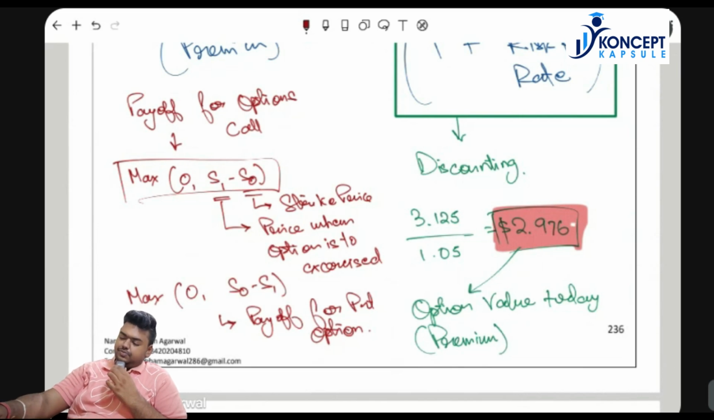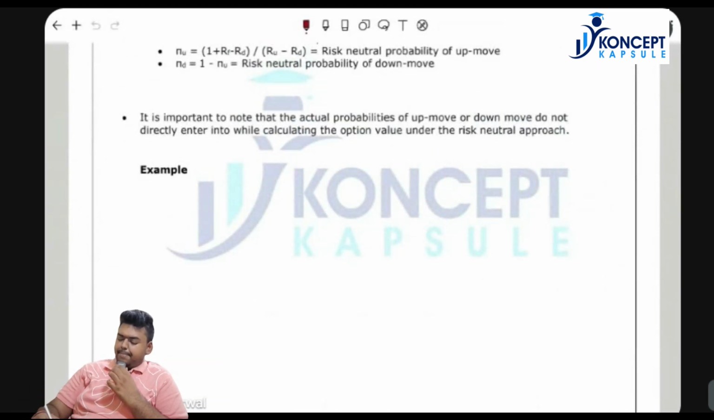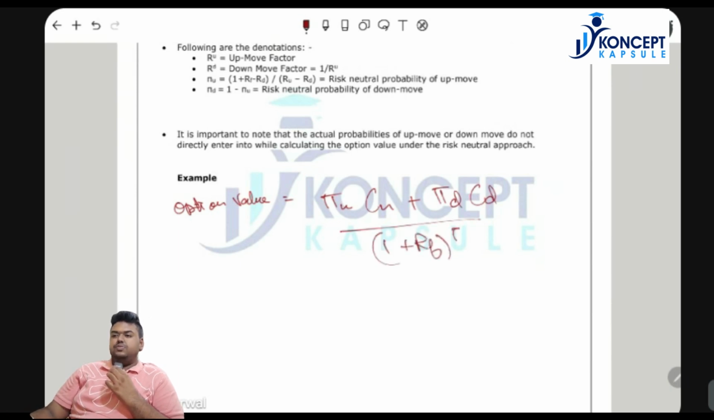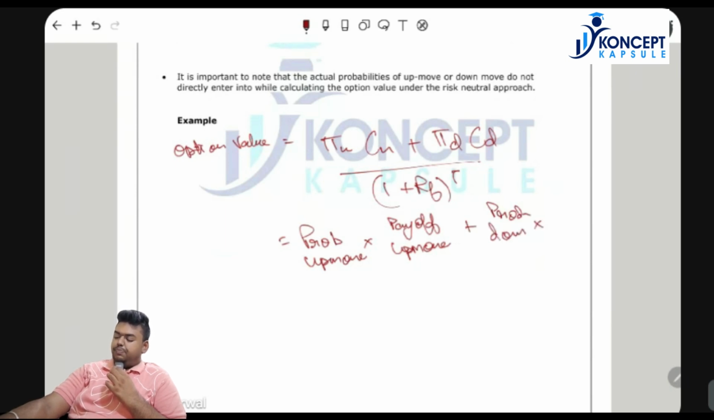Similarly, option value is given as nothing but the probability of up move into payoff at up move, plus the probability of down move into payoff at down move,